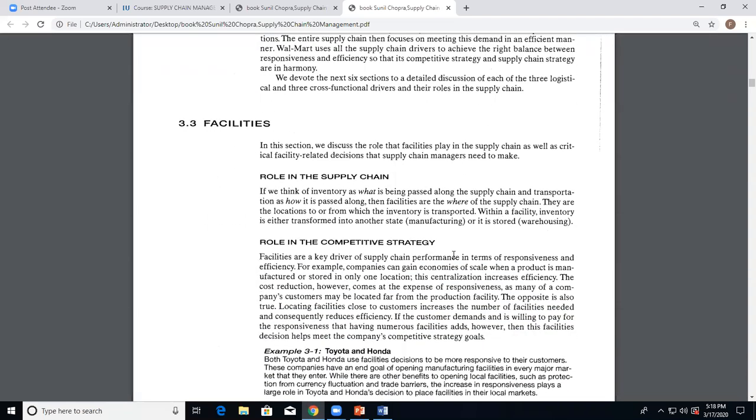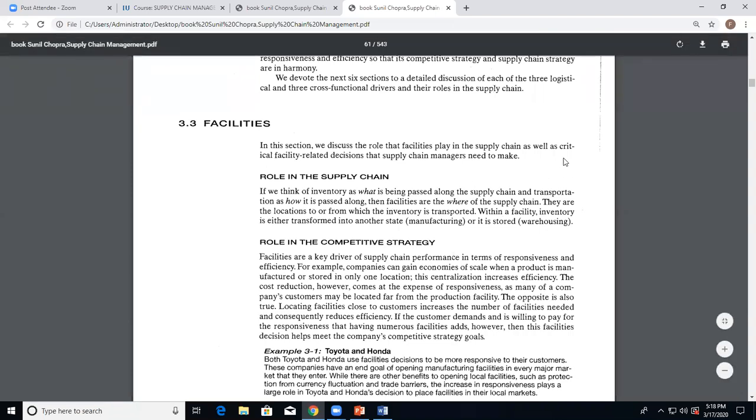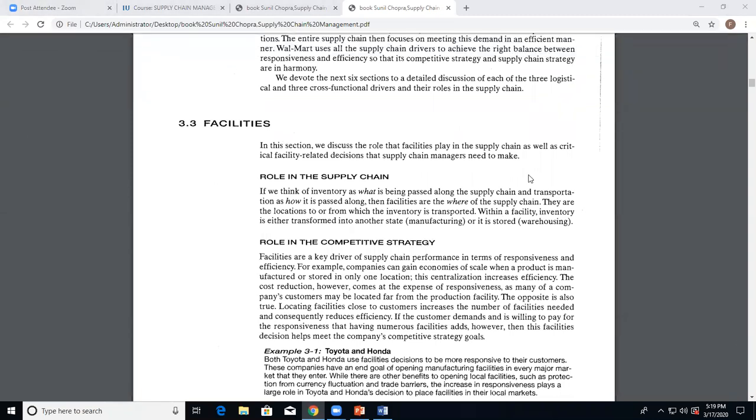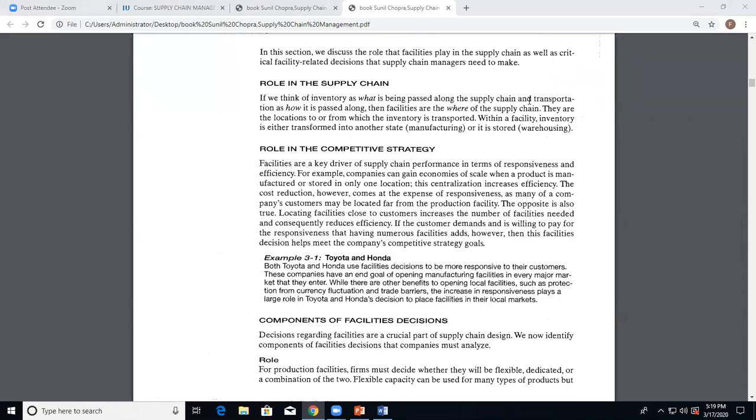3.3 facilities. In this section we discuss the role that facilities play in the supply chain as well as critical facility related decisions that supply chain managers need to make, ठीक है। सबसे पहले हम डिस्कस करते हैं रोल इन दी सप्लाई चेन, ठीक है।